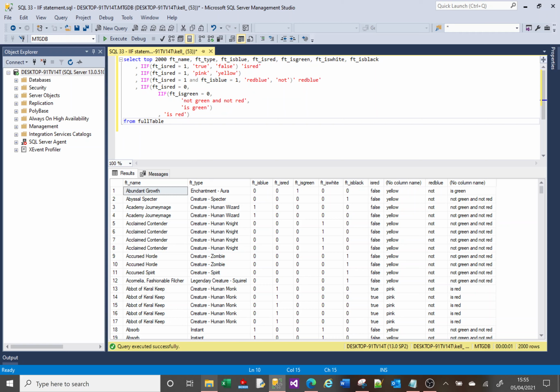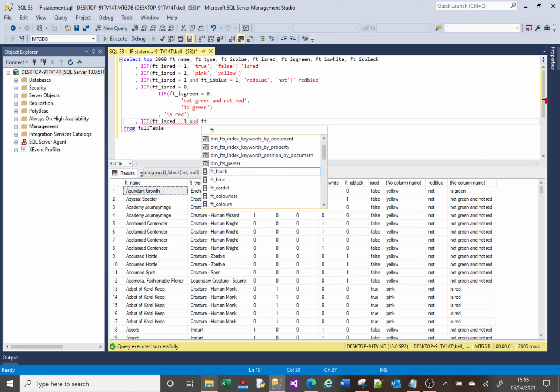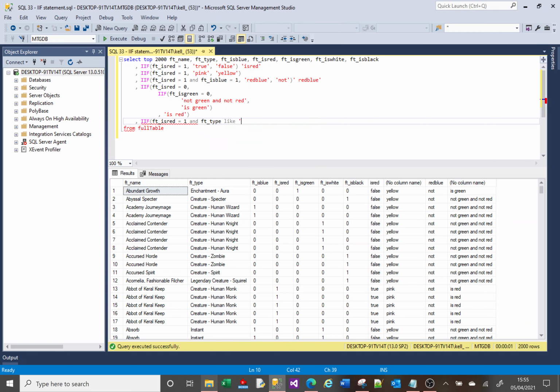The last thing I'll show you here is that in the condition, in the initial parameter here, the condition that we're checking, if we say is red equals 1, I can then also say and